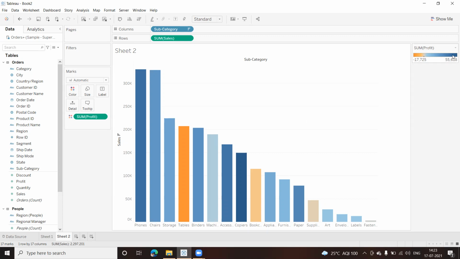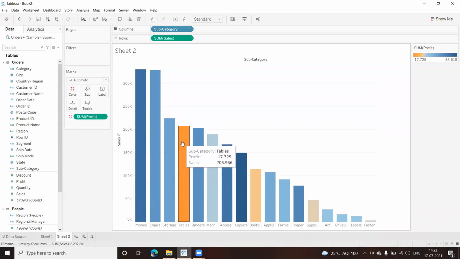It says the darker the color towards blue, it is profit. And the more orange color, it is a loss. So which is having more orange? Tables. Tables, exactly. And not fastener. Might be this, they have less sales, but they do have profit. Look at the values there. 950 is the profit and the sales value is 3024. But if you look at the tables, here we go.